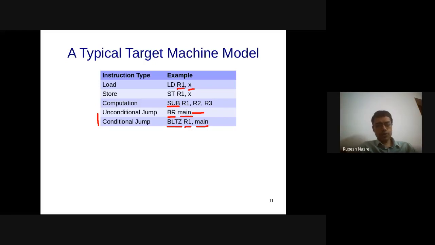Thankfully, you don't have to generate code for arbitrary instructions. We have reduced it considerably, such that you need to worry about a few expressions which are going to have add and sub instructions, and then printf. That is just going to be a call to printf. But you also need to push, for example, operands to the stack and so on.